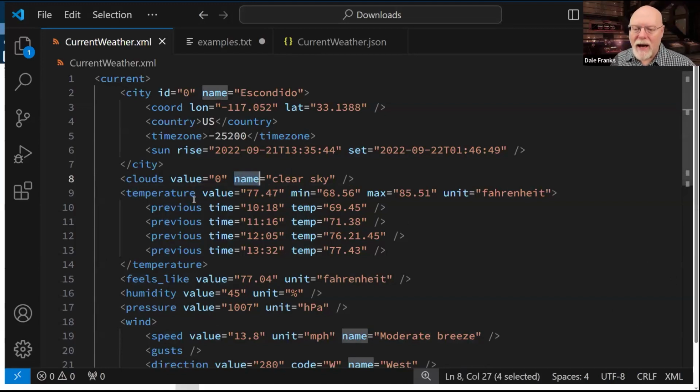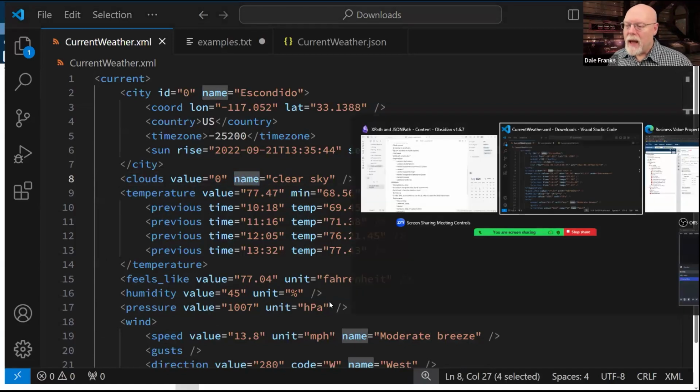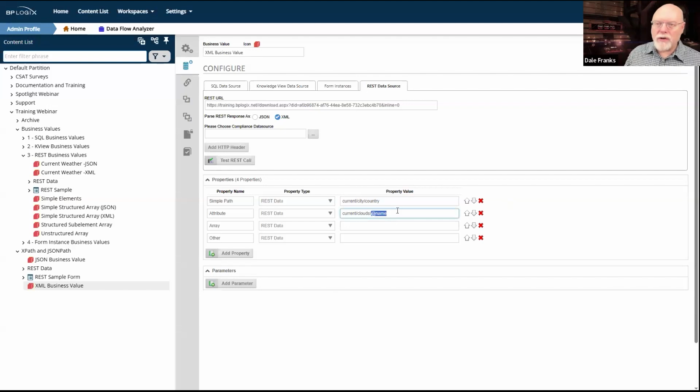So I go to current / clouds / and then I throw in my attribute @name. With that, it now knows that it wants the value contained in the name attribute of the clouds node. I still need my / because I'm still going down another level in data, but the level that I am dropping to is not another separate node. It is an attribute contained within the clouds node.